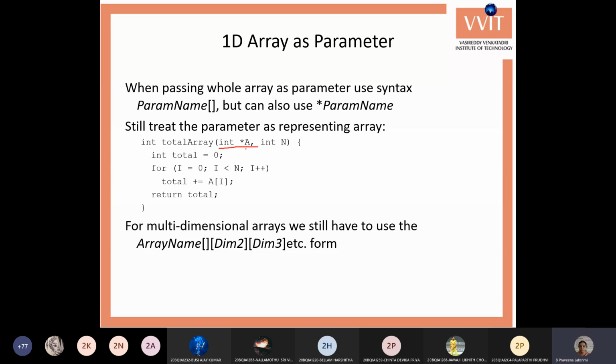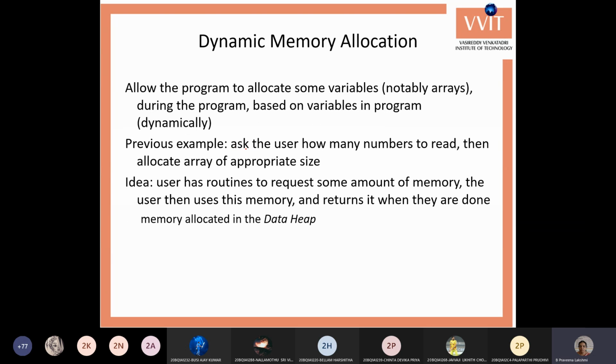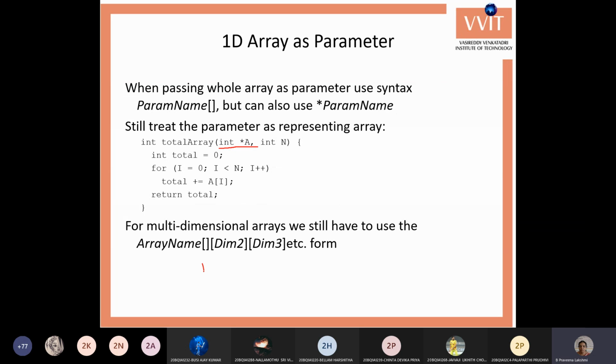Whenever you want to use array pointers as multi-dimensional arrays, we can use more than one pointer. If you want to use it as a two-dimensional array, we can use 2 pointers. If it is a three-dimensional array, you can use 3 pointers.